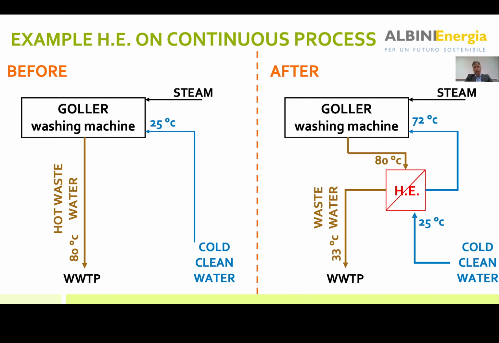This slide shows a washing machine, which is a continuous machine. A continuous machine requires fresh water at the same moment that it is discharging wastewater. So you don't need to collect the fresh water and the wastewater, and you can go directly to the wastewater heat exchanger. In this case, the system is very easy to apply, and actually the cost and the payback time are completely different compared to the scenario that we have seen before.